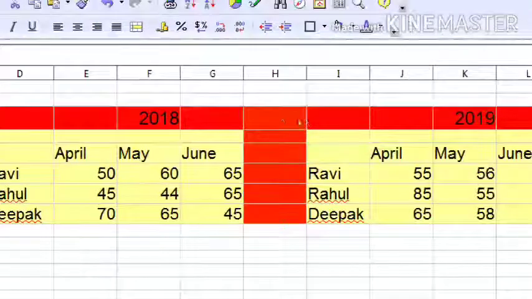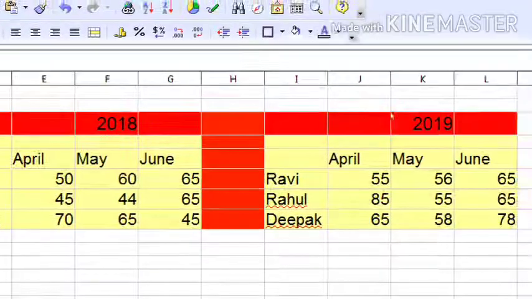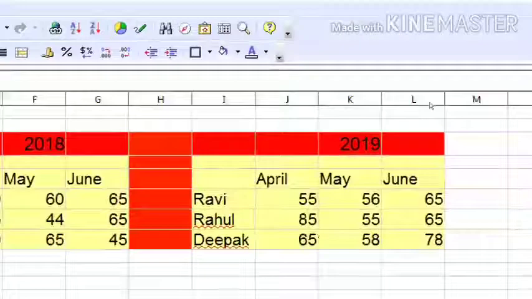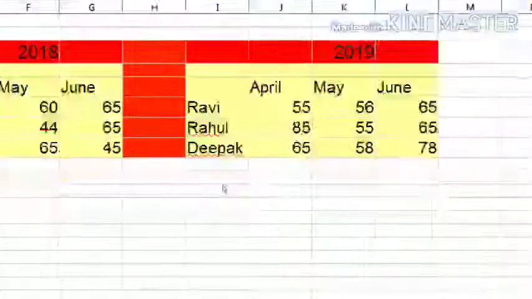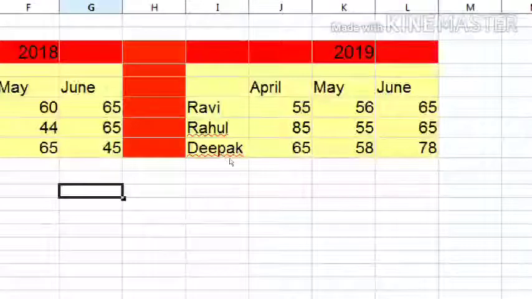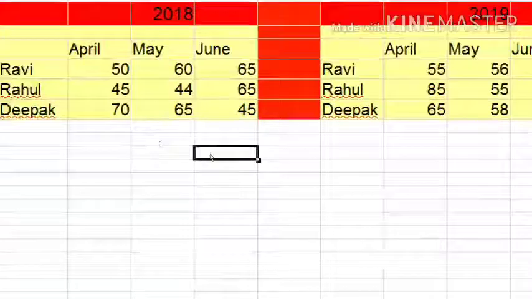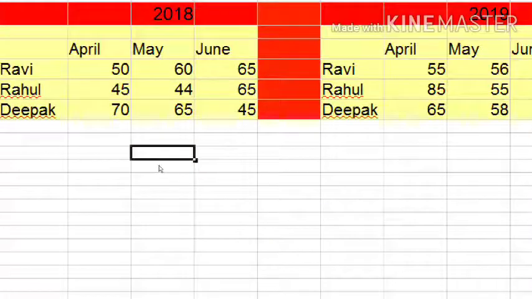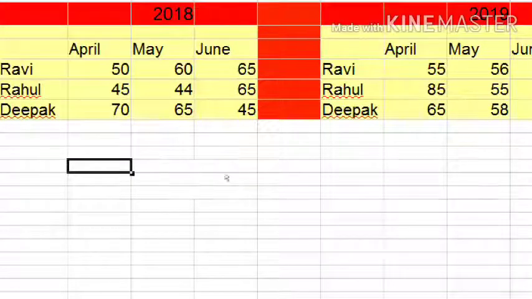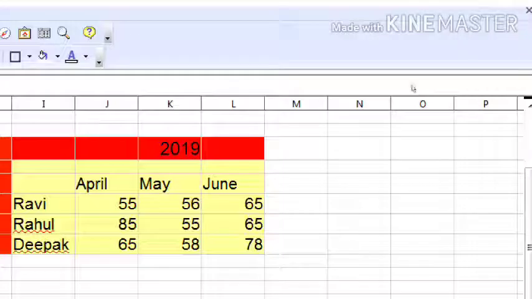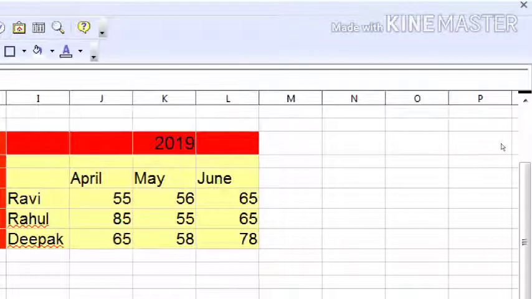And in 2019, Ravi sells 55, in May 56, in June 65. Okay, and if we want to add this data, you can select any range here or there, or you can also create another table here for the total.